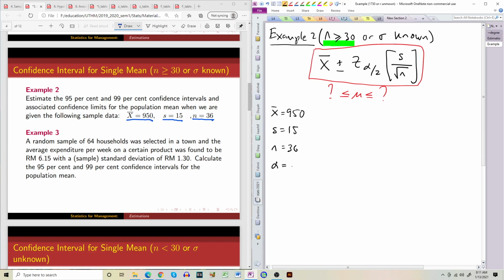Alpha is actually, so first of all we're going to estimate the 95% confidence interval first, and then we'll go for 99%. I will let you know what this 95% is after the end of the question. So alpha is 1 minus 0.95, for the 95% confidence interval. So what do you get? 0.05. Alpha over 2,